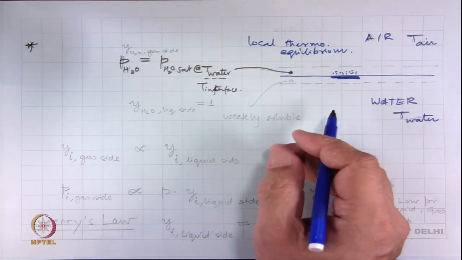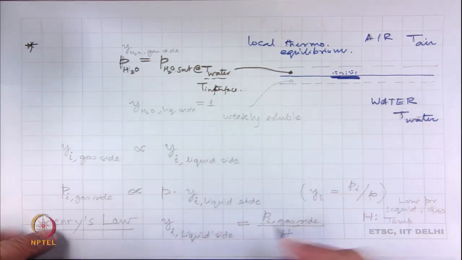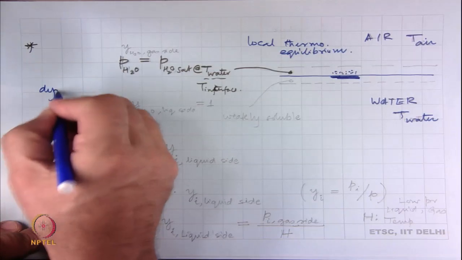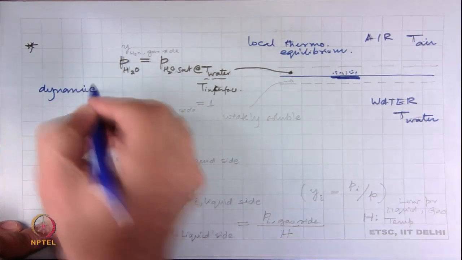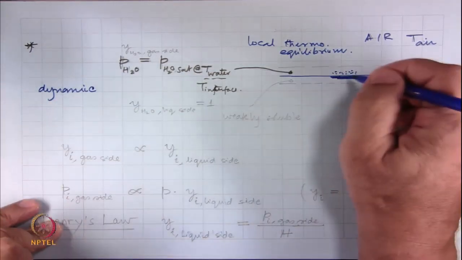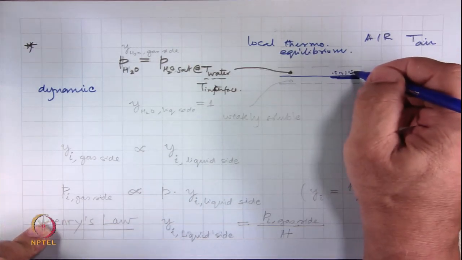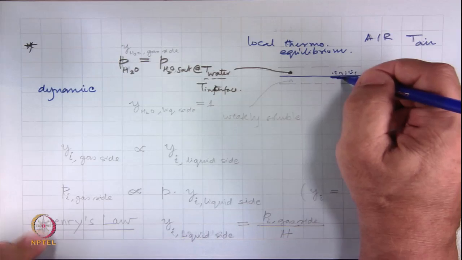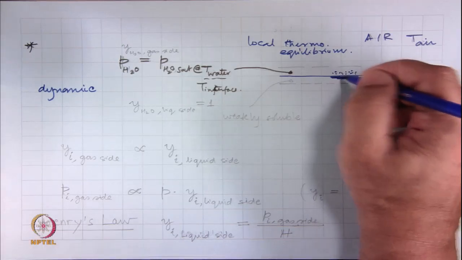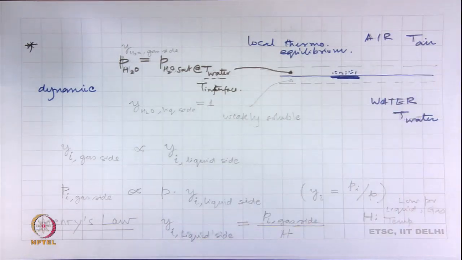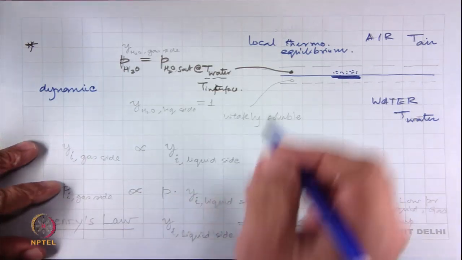Like chemical equilibrium, phase equilibrium is also dynamic, which means that at any instant some molecule is leaving the liquid phase and coming into the vapor phase. At the same time, a molecule from the vapor phase is going back into the liquid phase. So, this going back and forth is happening, but if we take a snapshot of the entire macro level system, it is invariant. Then what happens